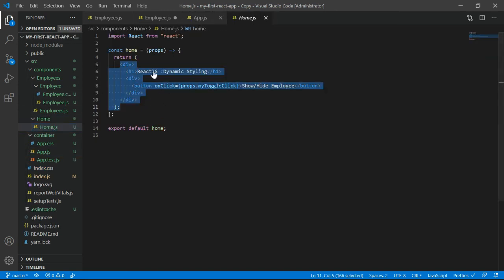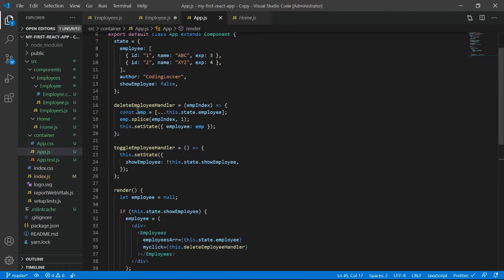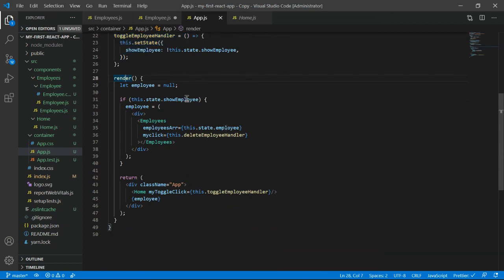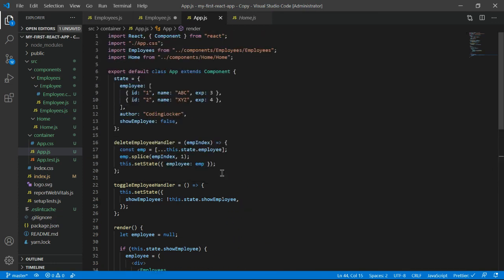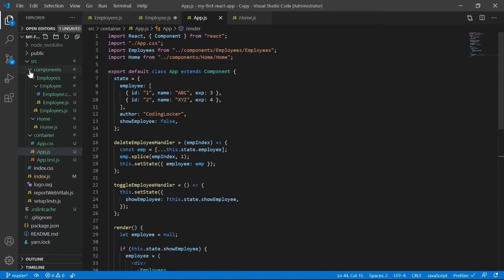So now this looks a bit clean: there is just an app component which has a couple of methods. Then we have the render method, and based on some condition it is rendering the employees, and at last we are printing the employees. There is a home component which is again writing some sort of HTML. So this is the cleaning of code I have done. If you want to do it after watching the code, that is fine, because I have made really few changes.